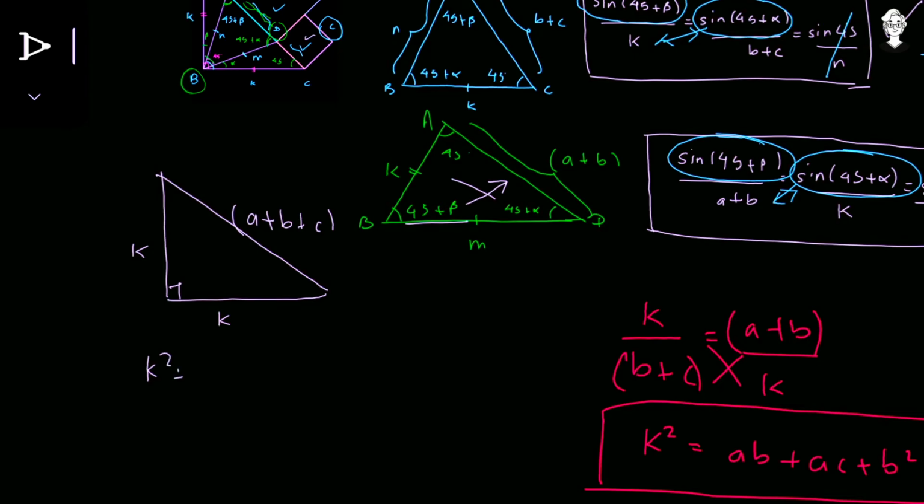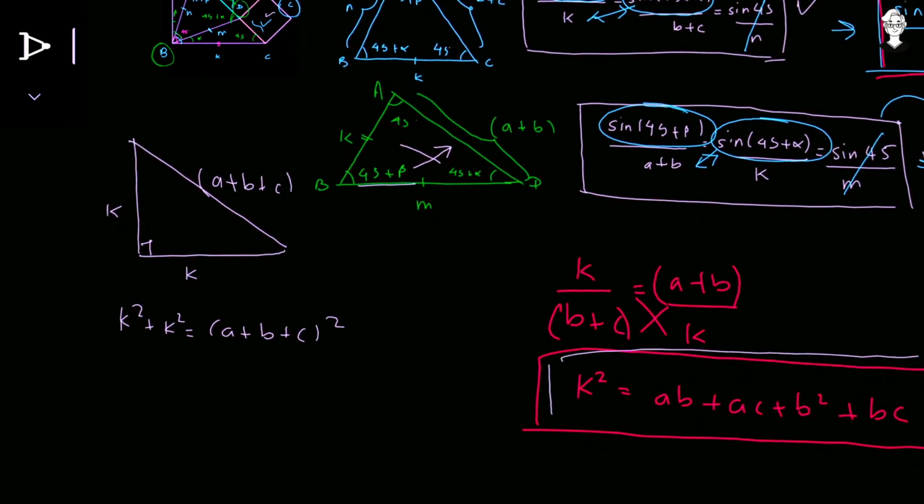So k square plus k square is equal to a plus b plus c the whole square. Now remember that we just obtained the value of k square in terms of a, b, c. There are 2 k squares, so all we have to do is multiply both sides by 2. Writing it over there: 2 times AB plus 2 times BC plus 2 times CA plus 2 times B square is equal to a plus b